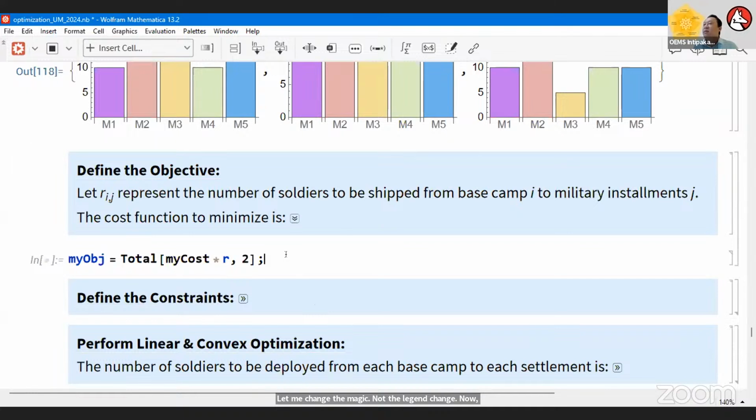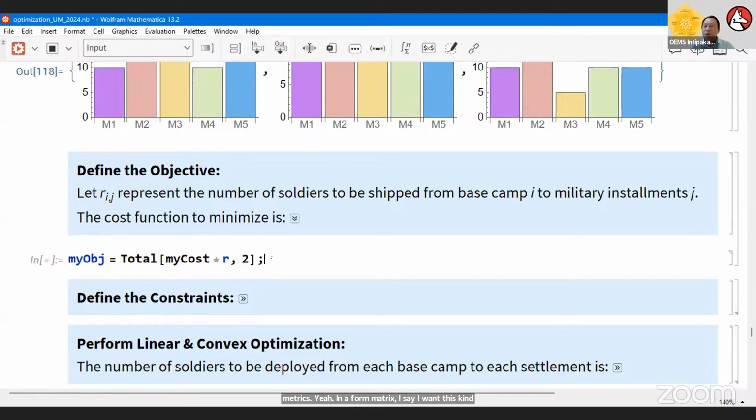Our objective is very simple. This is my total cost. In this total cost, the five different installments or locations I need to send to are in a matrix form.